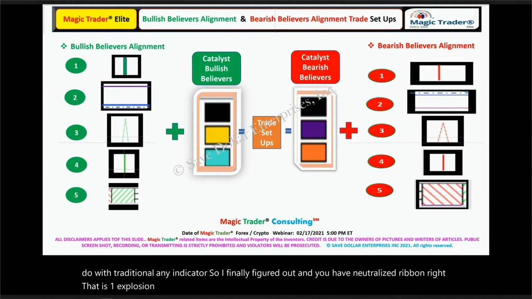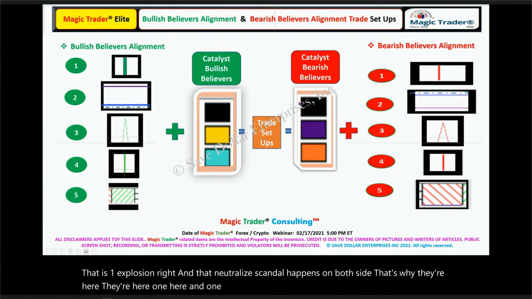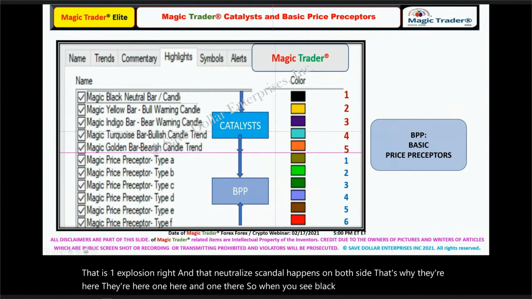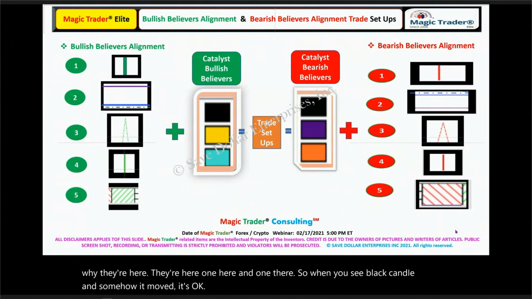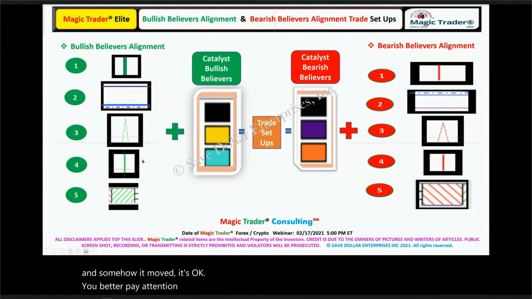And that neutralized candle happens on both sides. That's why they are here, one here and one there. So when you see a black candle and somehow it moved, it's okay. You better pay attention. And hopefully somebody's going to talk today, they have time, they could tell